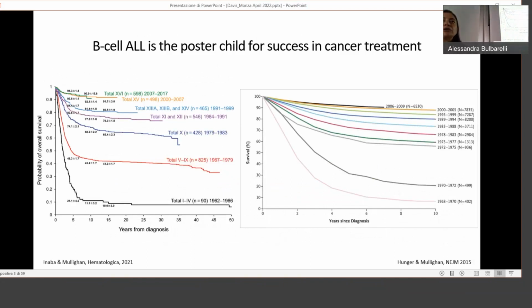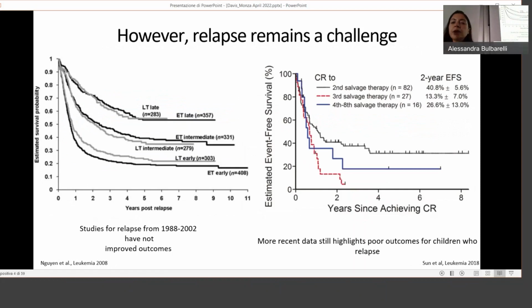These Kaplan-Meier curves are from the US studies, basically, which have shown both on the left-hand side here from St. Jude and on the right-hand side from the cooperative groups in the US, the incredible progress that is also seen in Europe as well with curing kids who have ALL. But when you're in the clinic and you're treating these children, we know that relapse is still a major challenge. And in the United States, actually, relapsed ALL is the second leading cause of death from cancer. And up until a few years ago, it was still the first leading cause of death. So it's still a major problem, even though we do a very good job for the majority of kids.